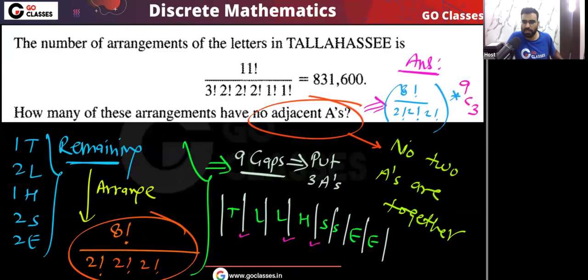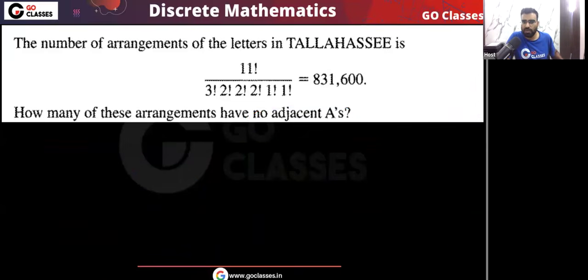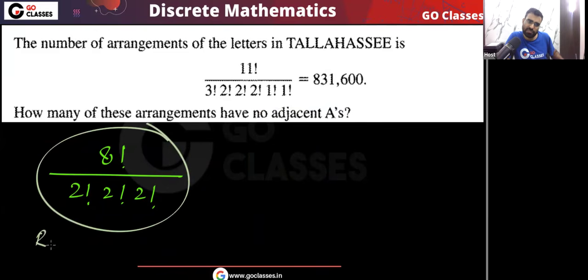Did you understand? Please tell me. So remember the answer that we got. That is very simple. First, we are getting 8 factorial divided by 2 factorial, 2 factorial, 2 factorial. This is for the remaining elements arrangement.